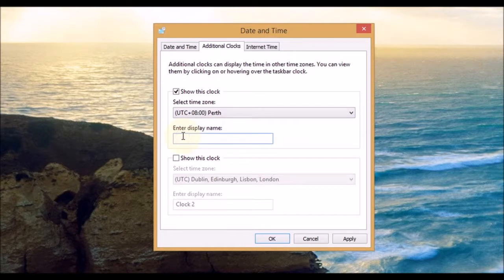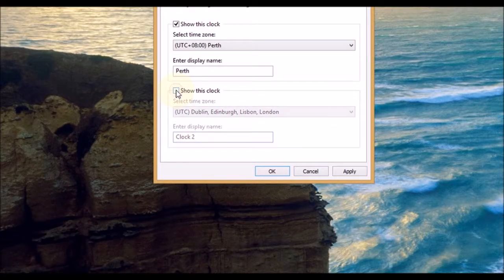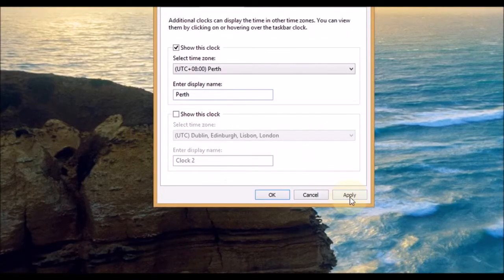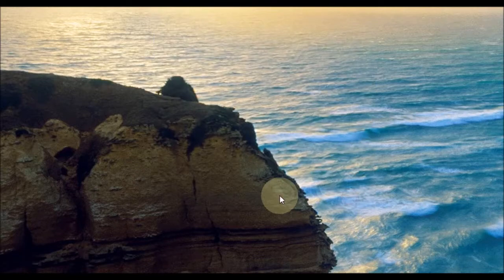Underneath that you type the name for your time zone. Let's say Perth here. And if you want another clock, if you want two additional clocks there, you just click on the other tick box like this and do the same thing. I'm just going to show one clock for now and click apply and OK,